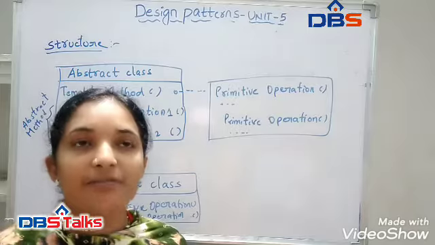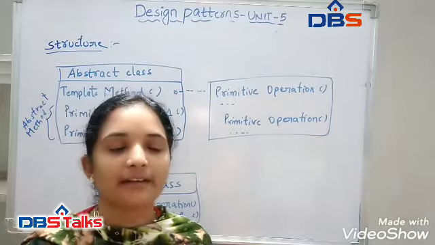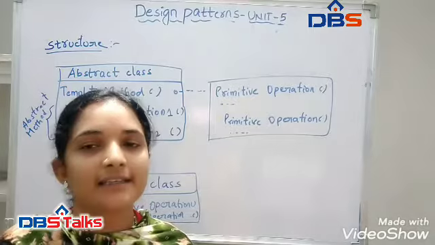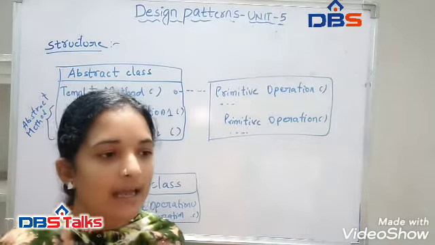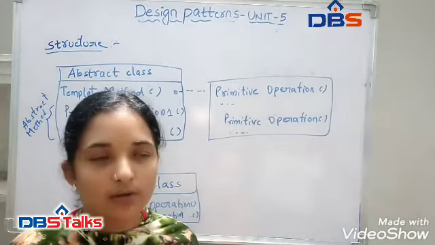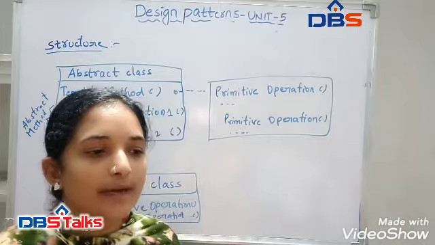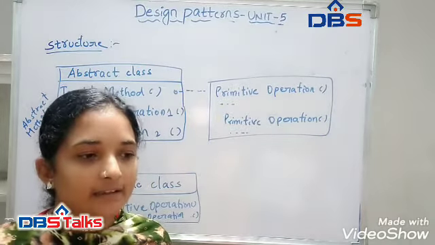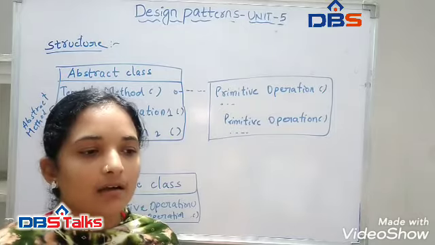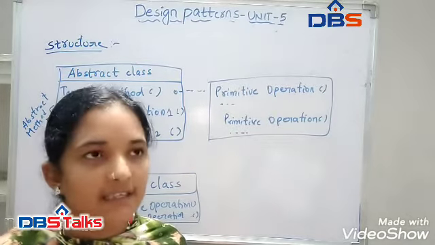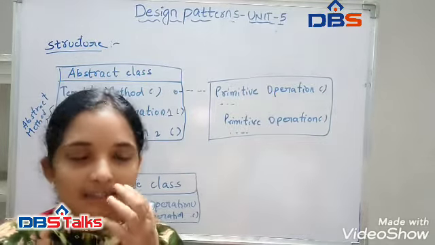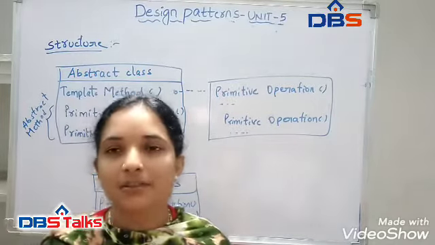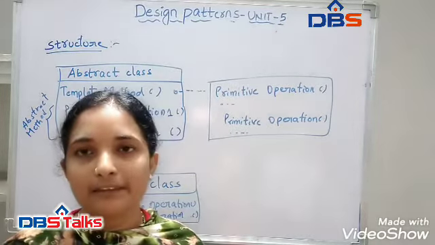Another kind of operation is the factory method. In the previous class we discussed the factory method. That is an example for this template method. And we also use a hook operation here, which provides default behavior that subclasses can extend if necessary. A hook operation often does nothing by default, but it can be used. So this is the template method. Thank you.